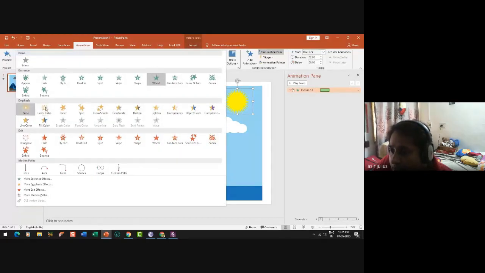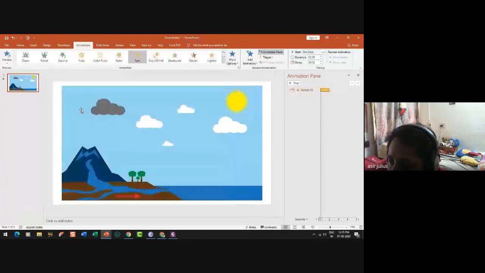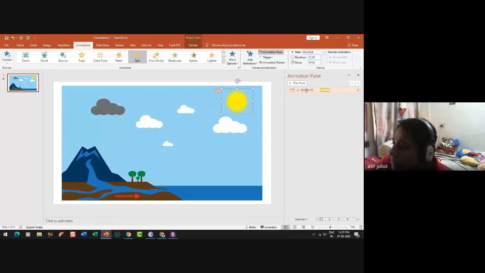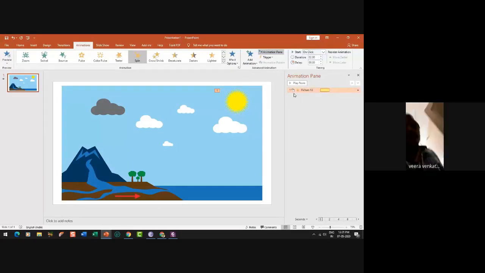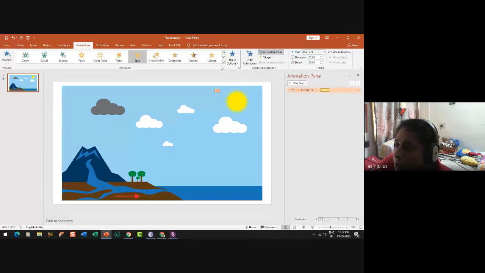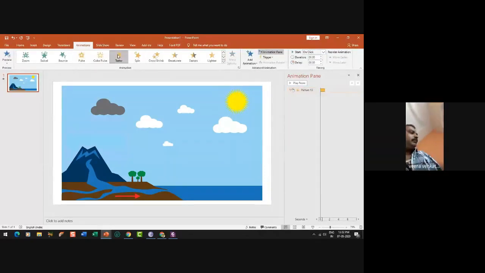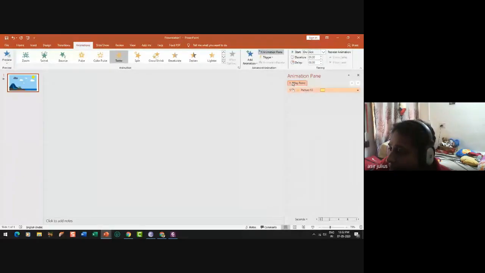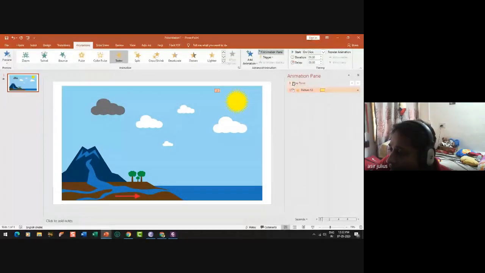Here entrance, here emphasis, and here I have a spin. It's not easy to see, so I'm just selecting a different one. This is fine.